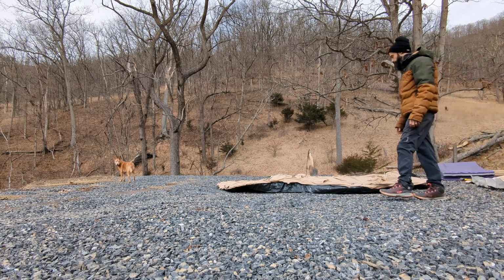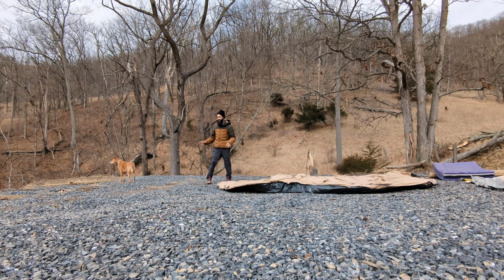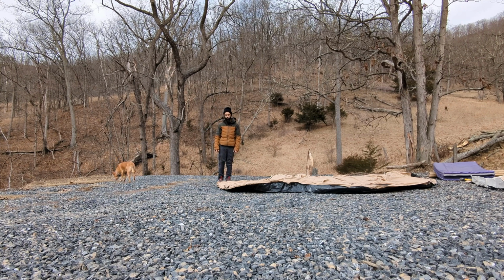So something I learned from the first one, because when I first got my first yurt, we set it up here, is we came too close to the hillside and the ground anchors weren't great. So I'm going to really make sure this time that I get equal spacing around this into solid earth, so that even when the wind comes, none of these things really need finicky adjustments. And I think what I did at camp with the one I have up is I just measured a few paces to some of the longer ground anchors, and it is in my advantage to get the anchors as far away from the yurt as possible,